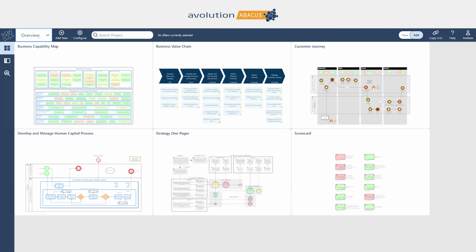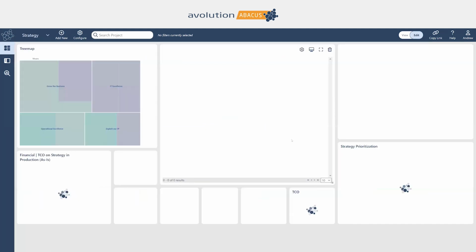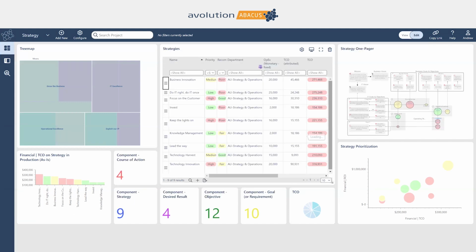But when we start combining these on a dashboard with other types of visualizations, those diagrams alone become more important when we start using catalogs, KPIs, cost details, and tree maps to allow us to actually navigate and drill down through that model. So when we think of Abacus as a diagram-driven tool and a data-driven tool, this is partly what we mean. So far we've seen some of the strategic content in here, and we've just talked about that data-driven approach. But what I just want to quickly show as one more thing is if we jump into an